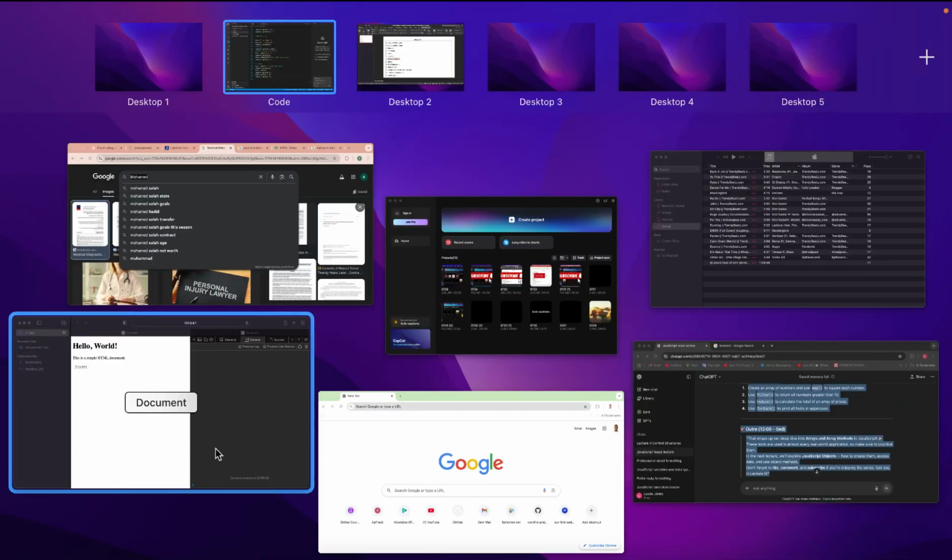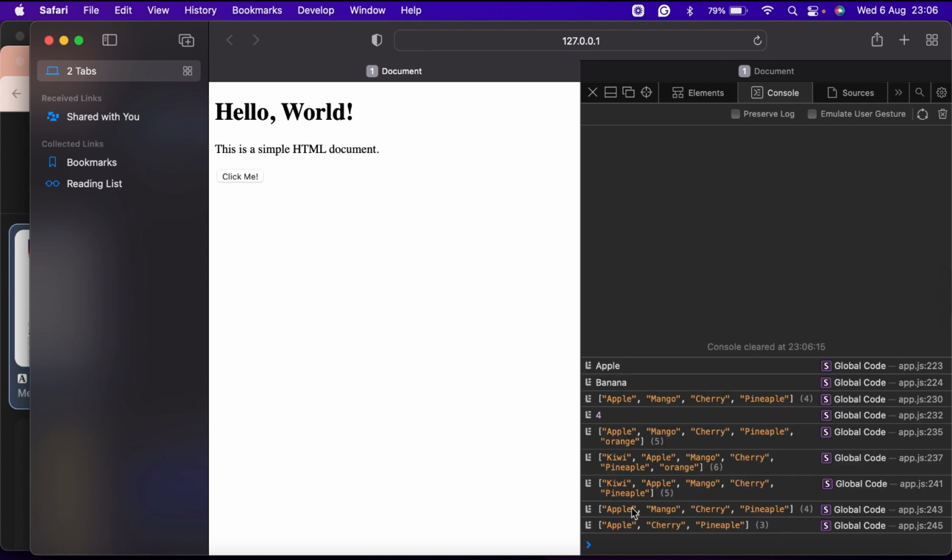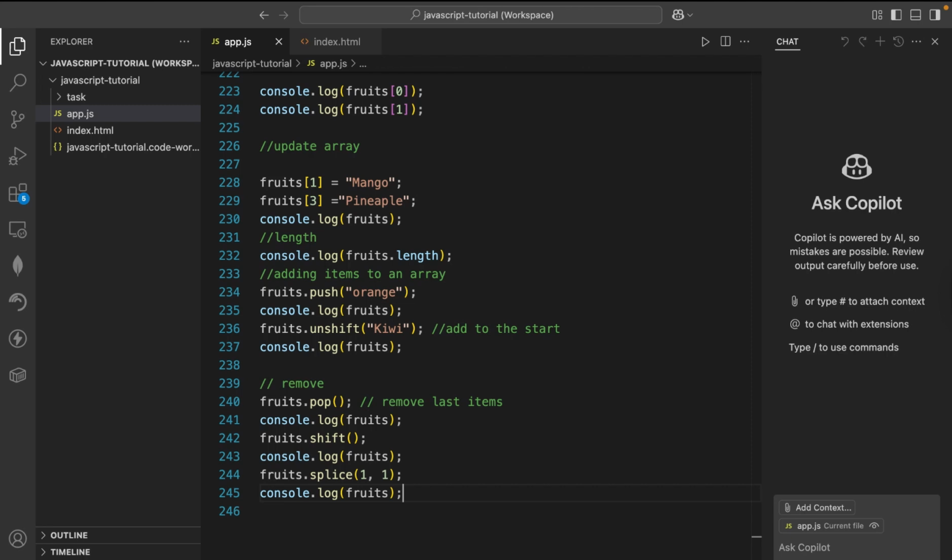So if I go back and refresh here, you see mango is gone, because mango is the item at index 1. Remember, items start at index 0, and index 1 is the second item, right? So that is it for